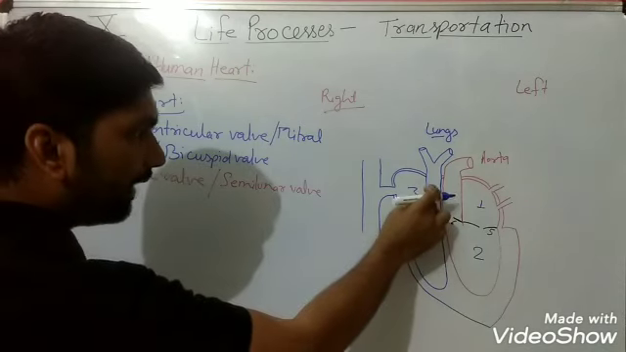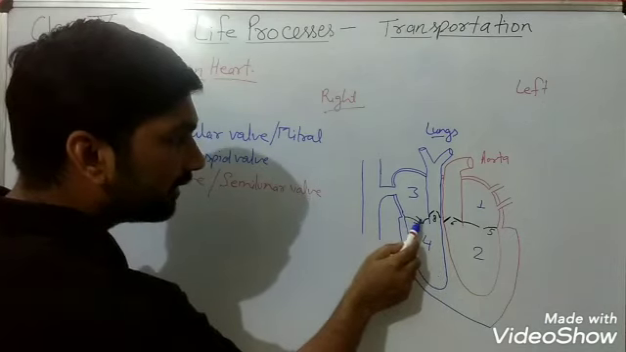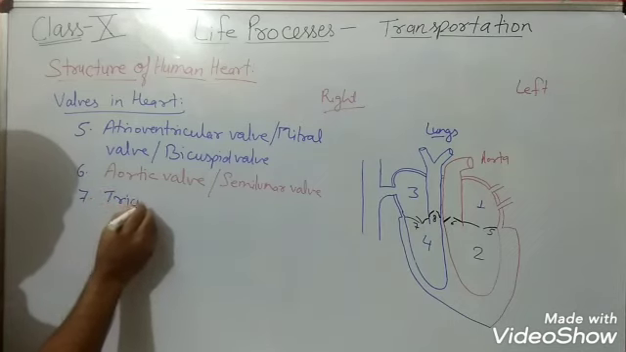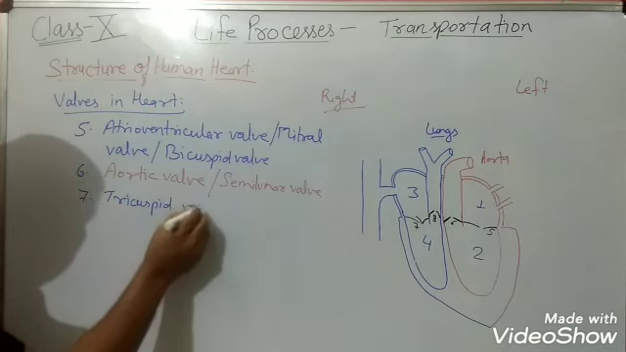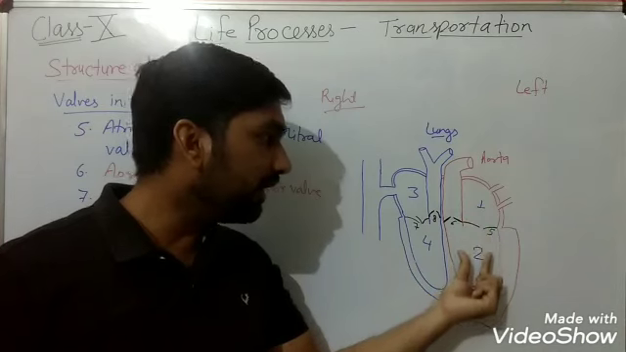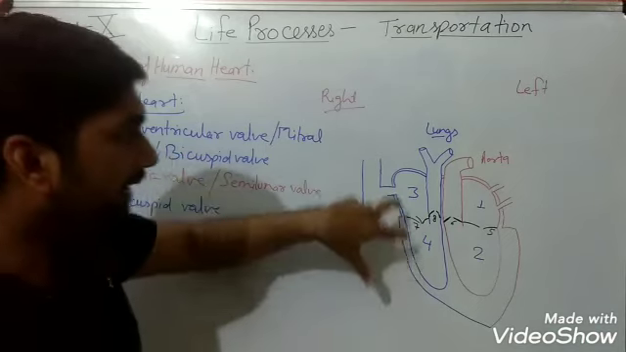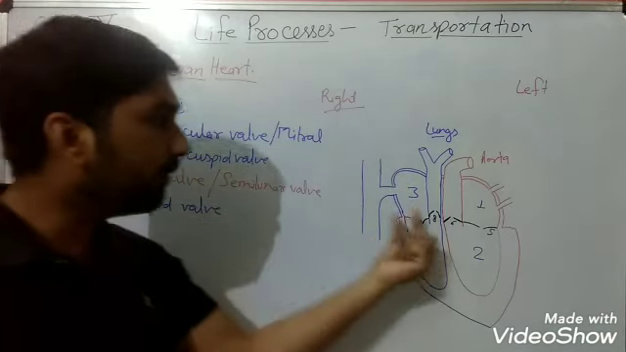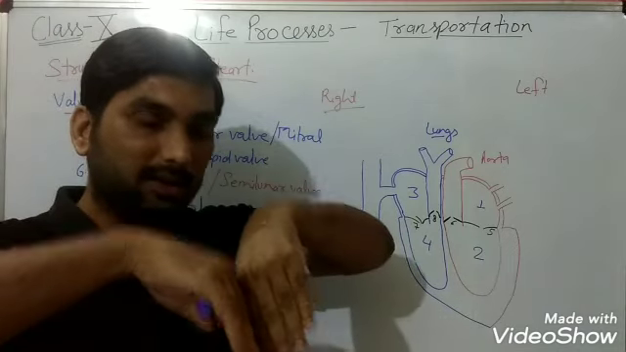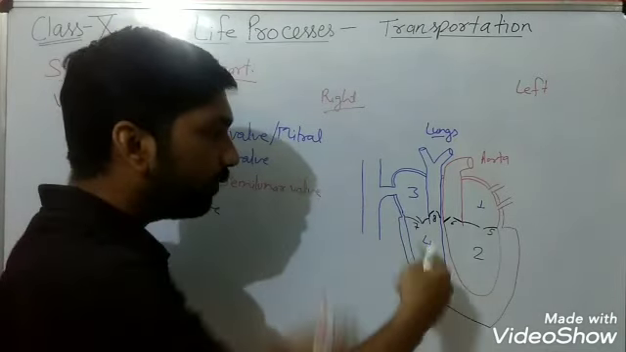Number 7 is again in between the atrium and ventricle, but here you are observing 3 structures, 3 cusps are there. So it is known as tricuspid valve. Here in between the left atrium and left ventricle, the valve was called bicuspid valve, but in the right atrium and right ventricle, the valve which is present is known as tricuspid valve, because here 3 cusps are there, 1, 2 and 1 will be in front, and all of them again open